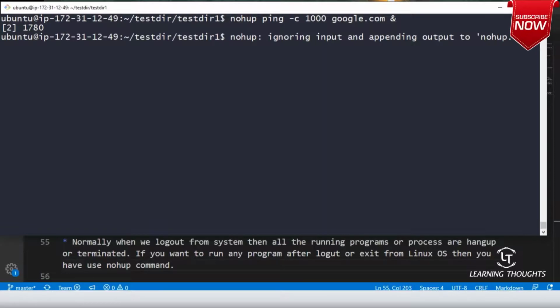So this command will basically run and it is telling that it is ignoring input and appending output to something called nohup.txt. All right.